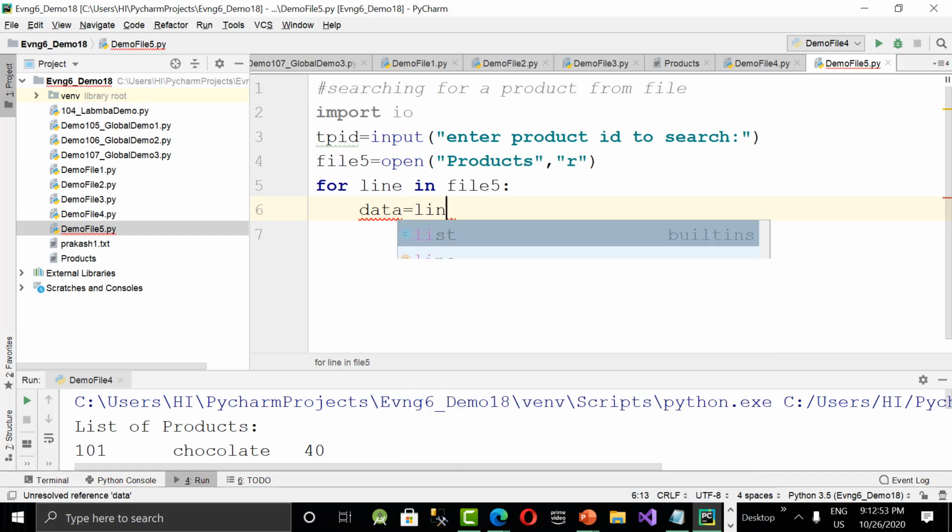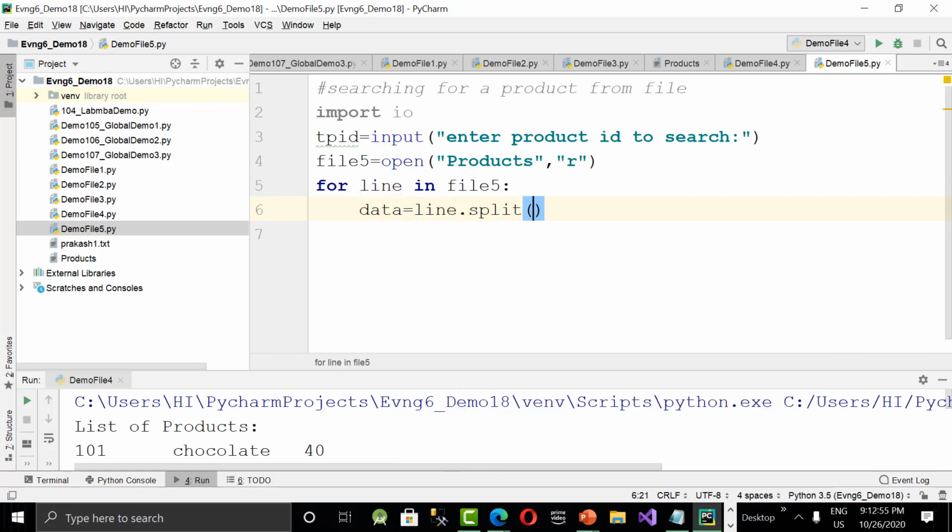And then I'm checking the product ID. If TP ID is equal to data of 0. Data of 0 means what? The first column, that is the product ID. If that is equal, then I need to print the details of the product, by saying that the name of the product is so and so.